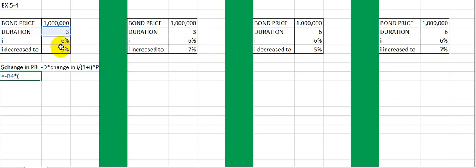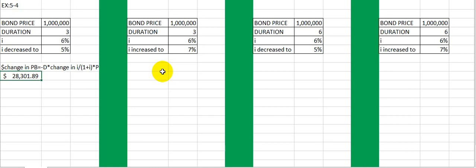So it's 5 minus 6, divided by 1 plus the initial interest, which is 6%, times the price of the bond, which is $1 million. Which means that the bond will increase by $28,302,